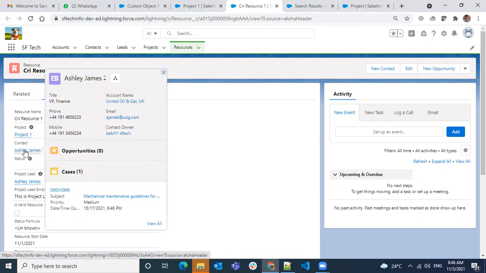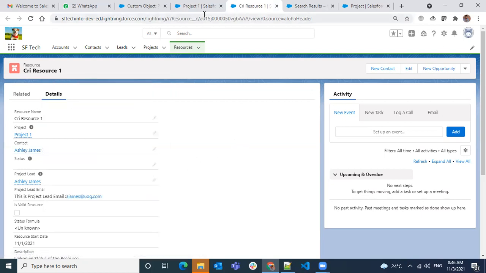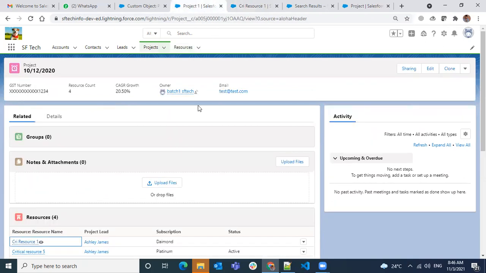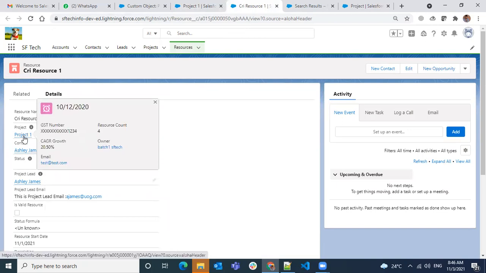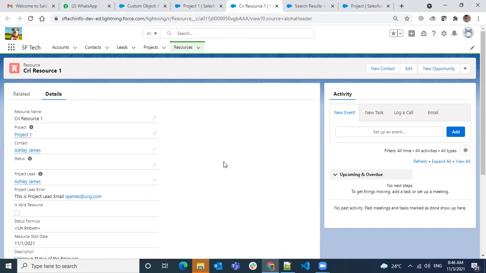So we don't have a control to have a separate compact layout and a separate lookup dialog. We don't have an option. That is a limitation that we have here with compact layouts and hovering on the lookups.